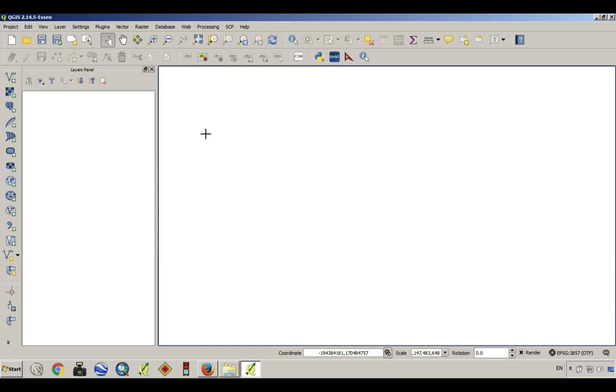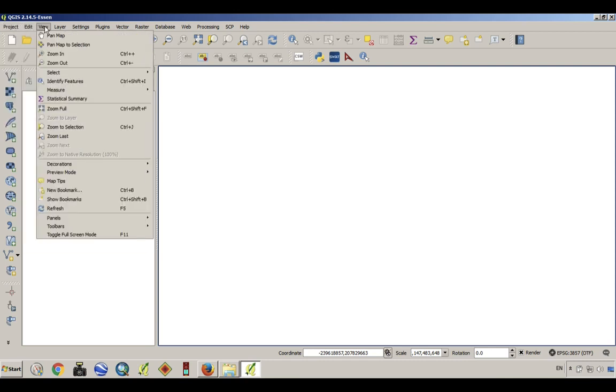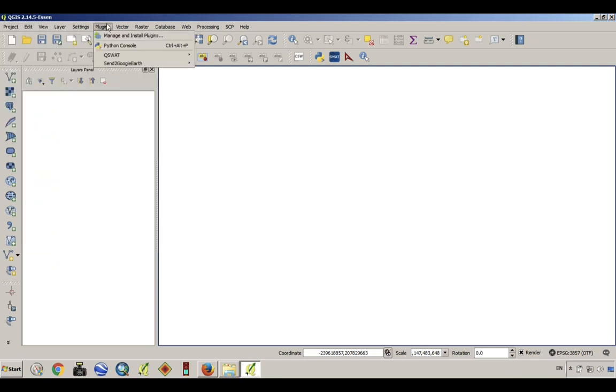Now that we've got QGIS installed, let's take a quick look at the interface. If you've used it before, that's fine. If you've used other GIS software but not QGIS, let's say you've been using ArcGIS, it should look quite similar. But even if you haven't used GIS software, this whole layout, just the way the software works, should be somewhat familiar. You've got a menu bar up here in which you've got all these different options, commands that you can